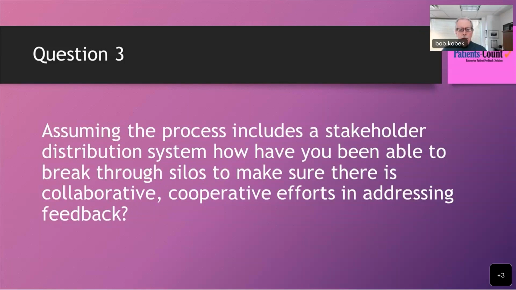I should point out here, maybe I should have pointed out a little earlier, that what we're talking about is regardless of the vehicle you use to gather that feedback. It could be an online feedback system like ours, or it could be a group, or it could be done by the mail. But regardless of that, you need to bring everybody in, regardless of the vehicle, right? Absolutely. I mean, don't be afraid to try new stuff.